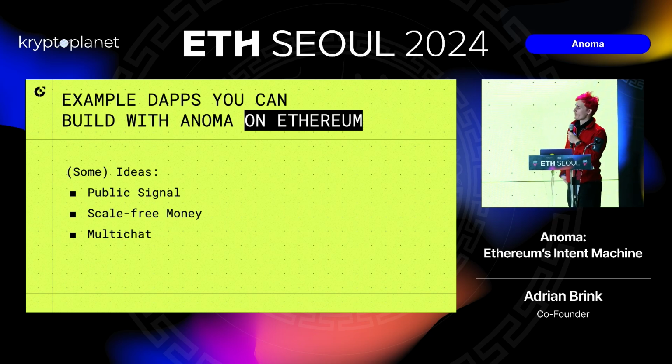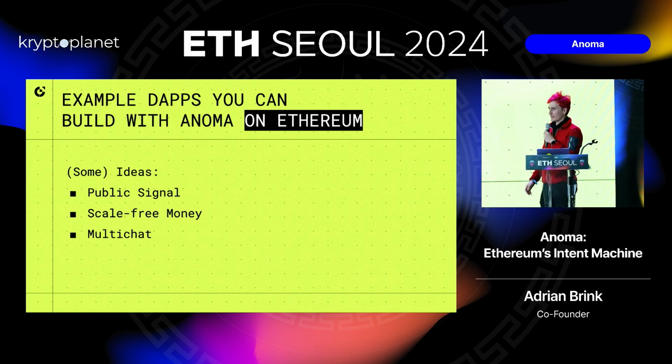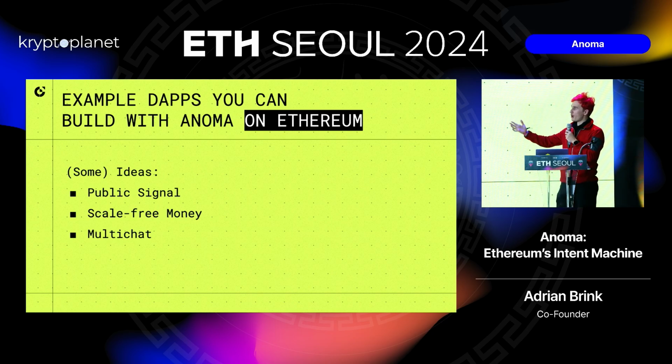You also have multi-chat. And by the way, these are just nice ideas for hackathons, really. These are all intent-based applications that you can start thinking about how to build. Multi-chat is the idea that you can have a Slack-like experience without central servers, where I issue intents that represent messages. They may be encrypted, they may not be encrypted, they may be broadcast to all. We may have individual servers spin up, like solvers, or gossip nodes that combine a bunch of us so you can have easy chat room access. But in the end, it's a very free form of connecting.